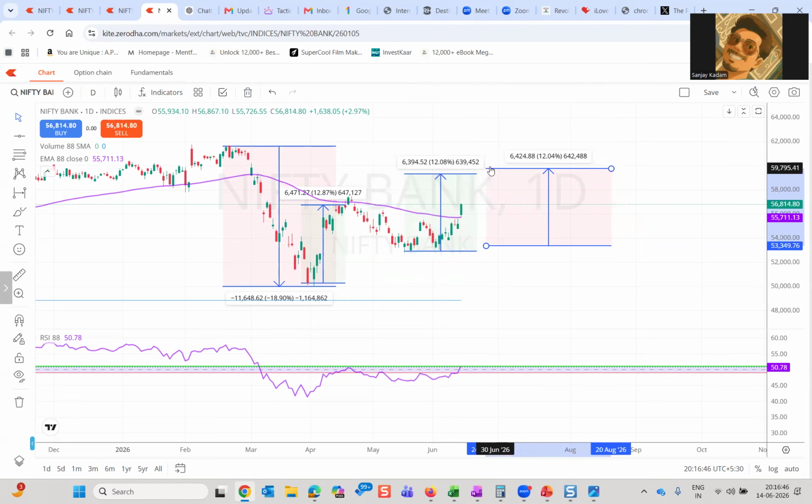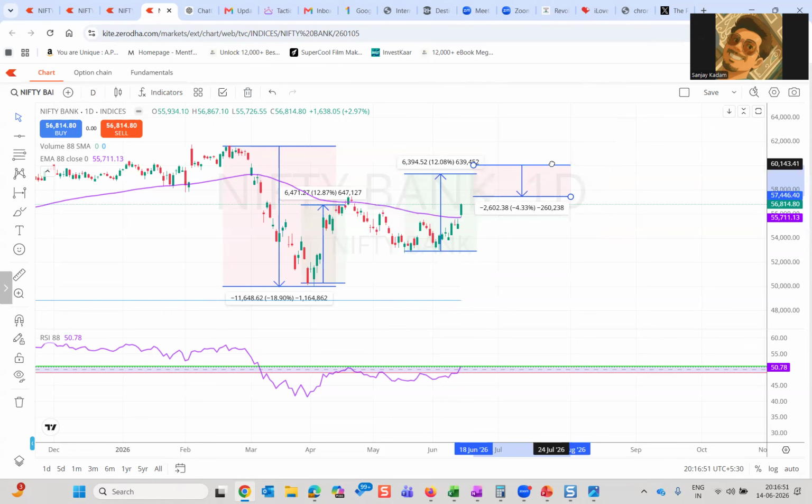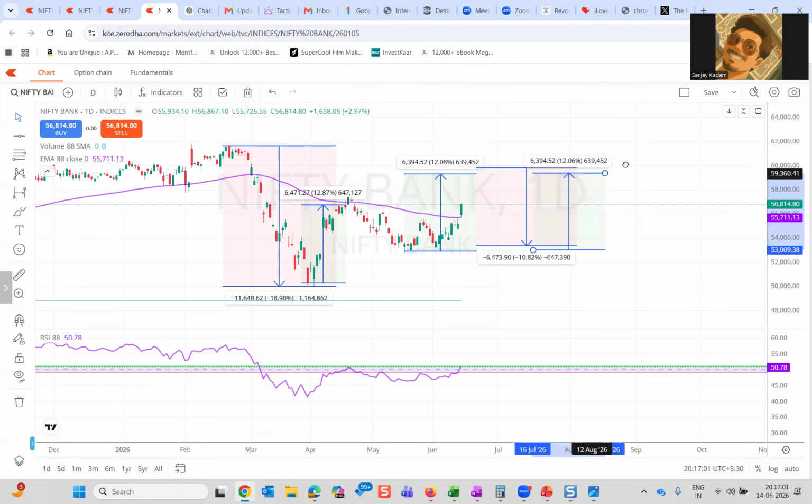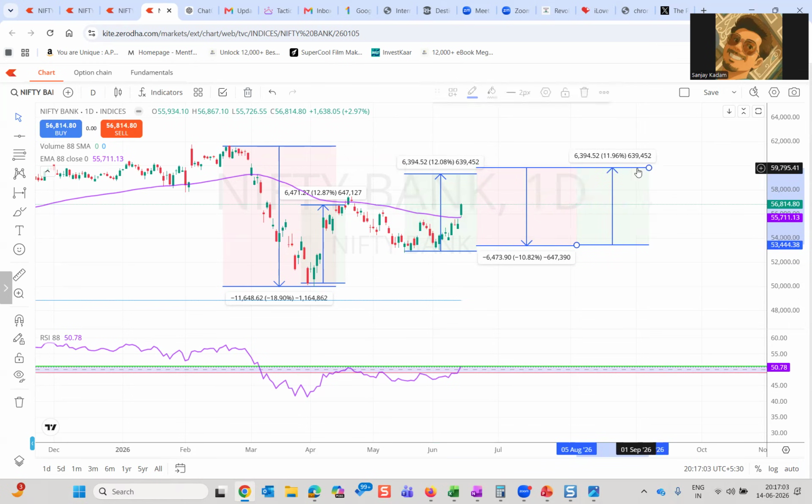Again price will come back and shift, meaning from here there will be a fall, and after extending a little bit, it will come back to 6480, and then it will do like this. So this means like this,